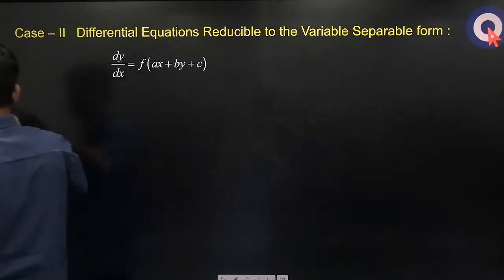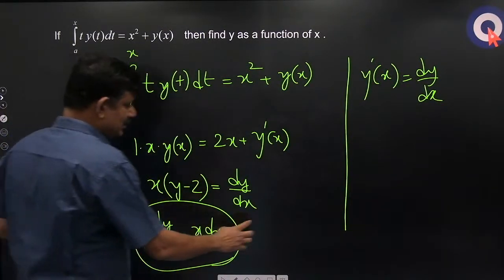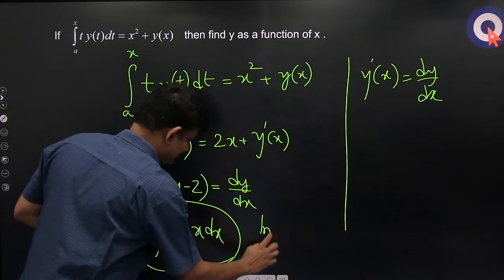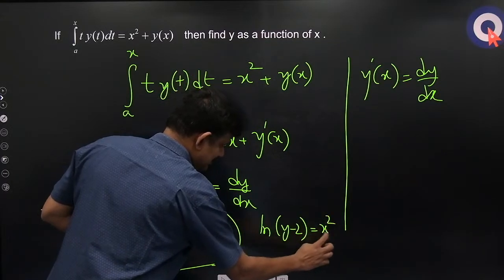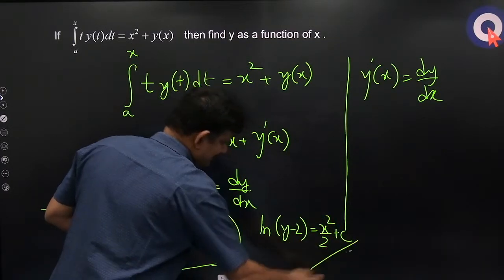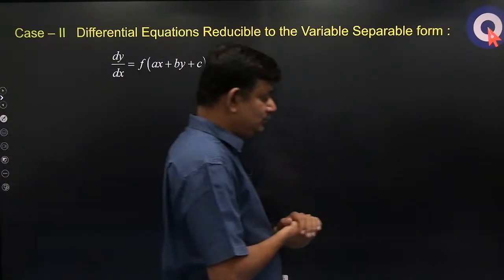This is how you can do variable separable method questions. ठीक है, इसका आंसर क्या आ जाएगा, ln of y minus 2 is equal to x square by 2 plus c. That will be your answer. ठीक है, now